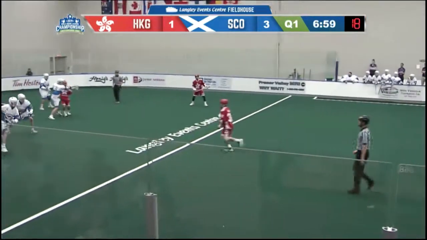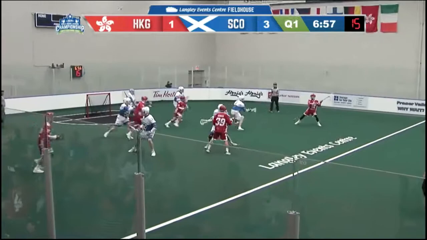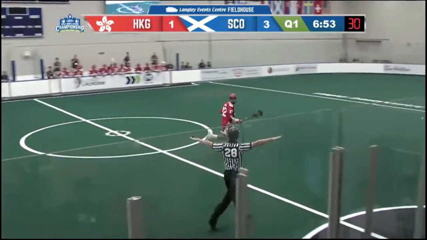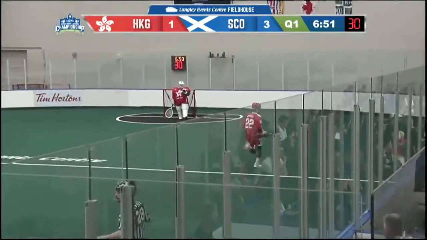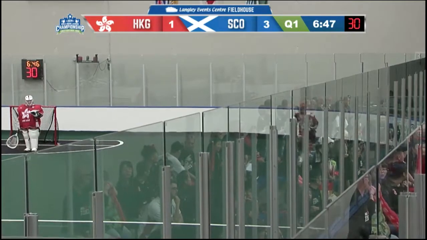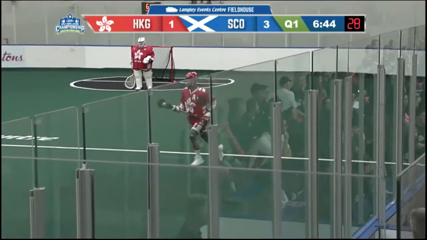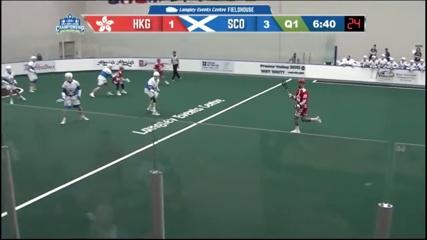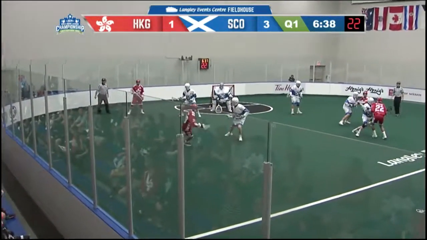20 left on the 30 as they move it around. A shot from the right side there by Ko. Kept out, the ball rolling all the way down the floor and collecting deep in his own zone here. Wesley Wong back over center. Wong, center of the floor. Passes off left side there.